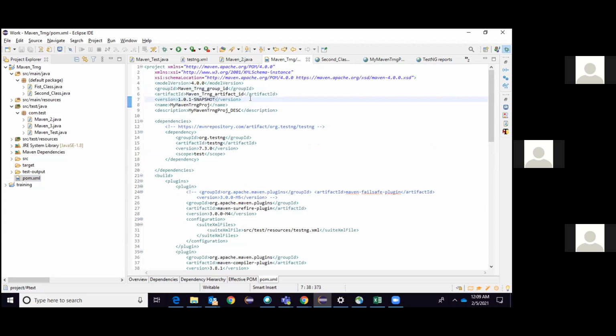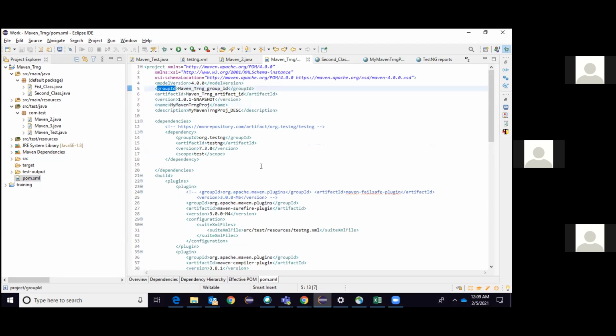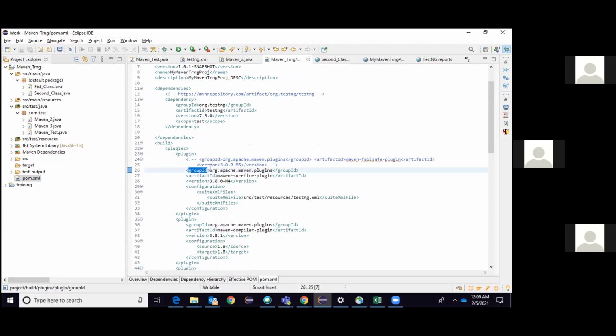Now the point here is that anyone who is writing a project will use the same Java. If they use the same Java, they have to use the same type of pom.xml. So take the group ID. If you see here, the group ID is org.apache.maven.plugins. Now when you come to our project and create a package, the package is com.test.